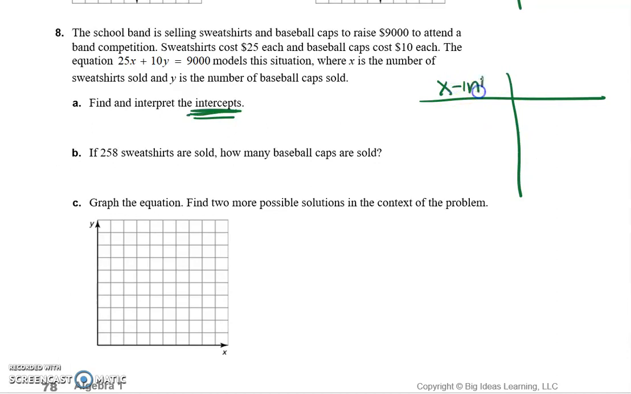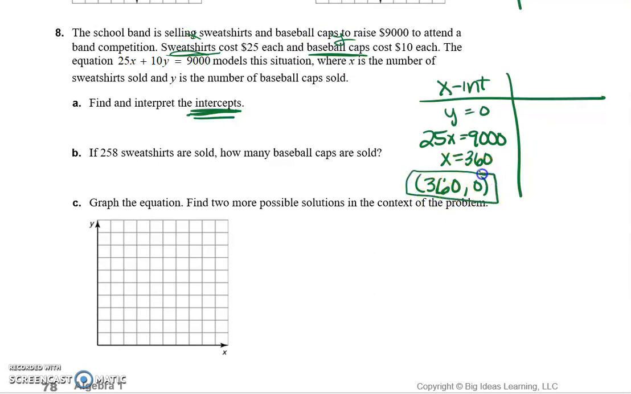So your x-intercept, we're going to set y equal to 0, which means 25x is equal to 9,000. If you divide 9,000 by 25, you get 360. So this is the point 360, 0. So if x is sweatshirts and y is baseball caps, if you are interpreting this point, this means,